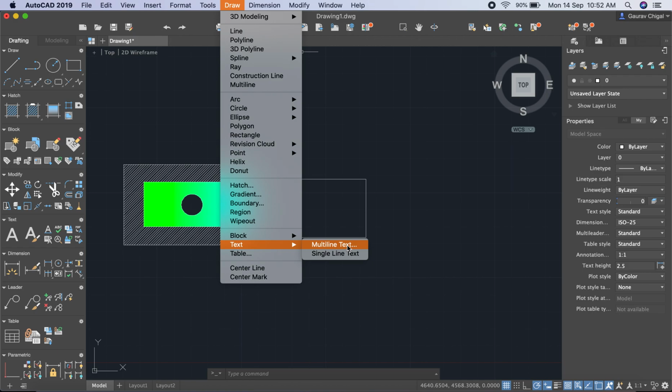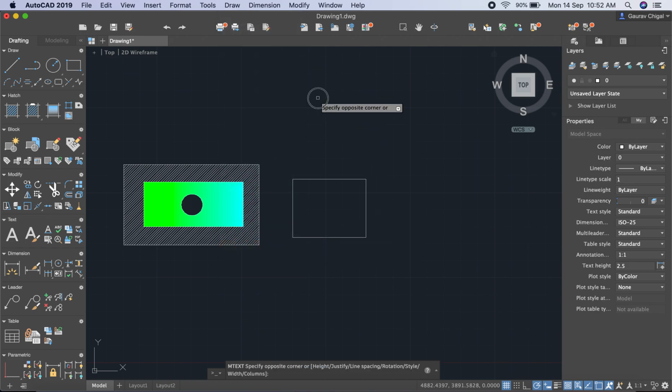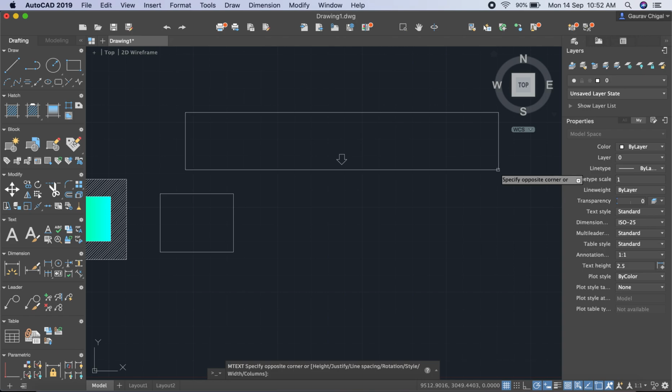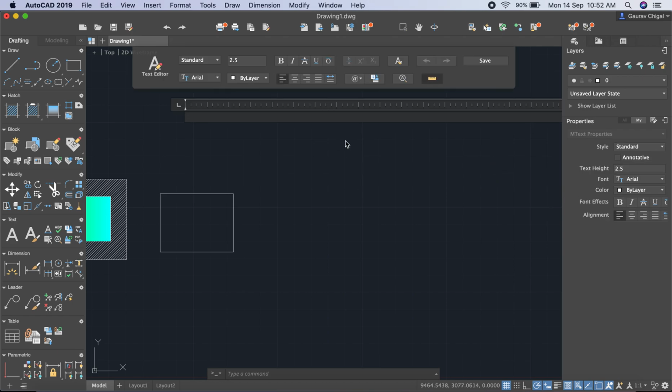Click on text, go to multi-line or single line. It's up to you; you can select any of these. So I just select multi-line and now click here. Give the depth and length about how much you want and write something you want to, like AutoCAD 2019